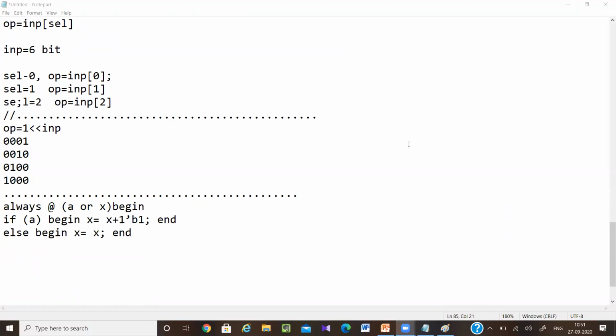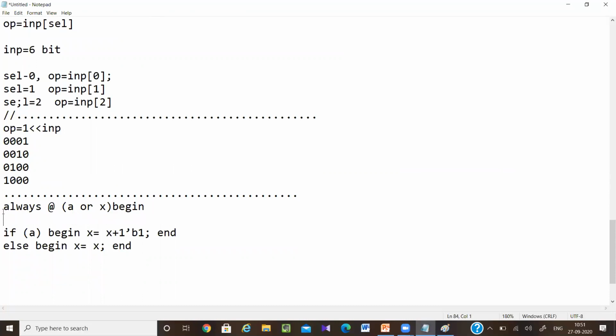The code is depending only on the value of x, a. Tell me, just looking into this code, whether I have written this code for a combinational circuit or a sequential circuit. Just looking into the first line. Combinational. Combinational circuit. But here what I have done: x equal to x plus 1. That means it is using previous values, right? Yes, ma'am. So definitely a latch will be generated here.